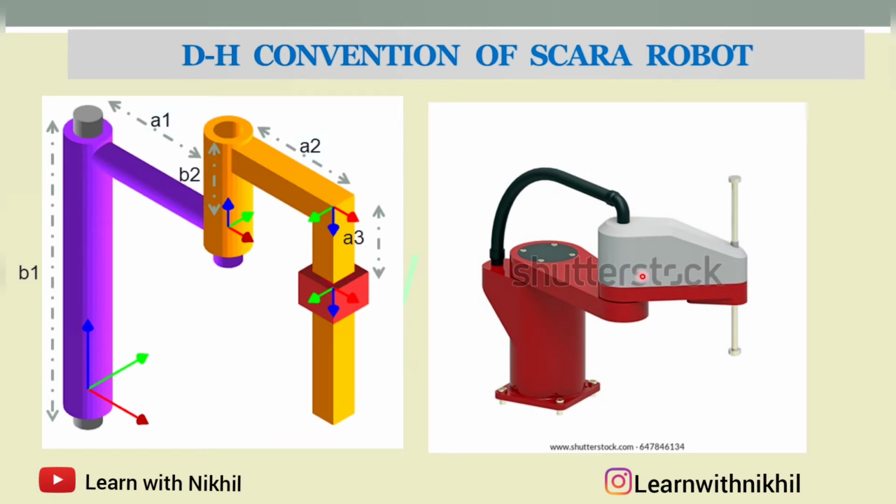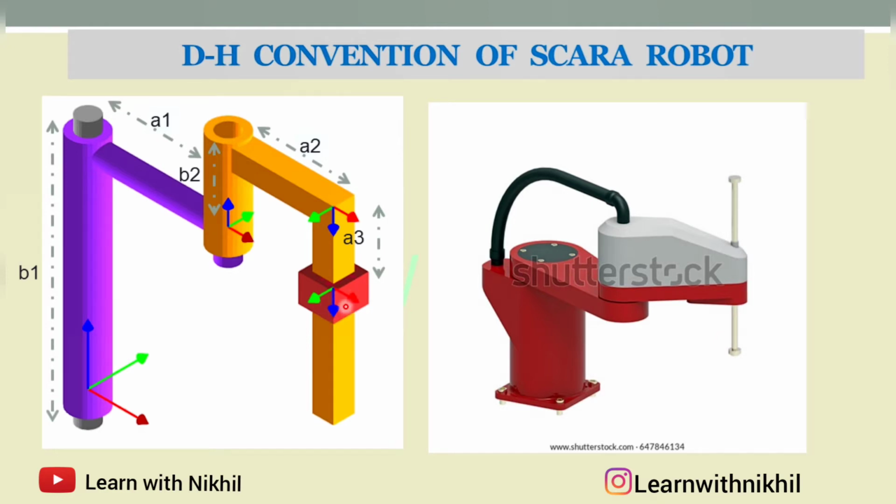The second joint is this joint. Again this is a rotary type of joint. Third, this joint is a prismatic joint. So this slides up and down. Here is the prismatic joint which slides up and down. And finally, last you have a rotary joint which is attached to this. So this rotates. The last rotary joint is here.